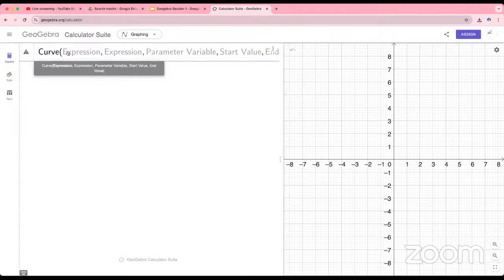The first expression is about how it is changing in an x direction. The another expression saying is how it is changing in a y direction, and the parameter which you are using, for example in the case of a circle, the parameter is your angle. तो वो एंगल कैसे चेंज हो रहा है, कौन सी वैल्यू से चेंज हो रहा है, वो यहाँ पे बताना है. So now for the circle, how it is changing in an x direction, we know that this is cos theta,